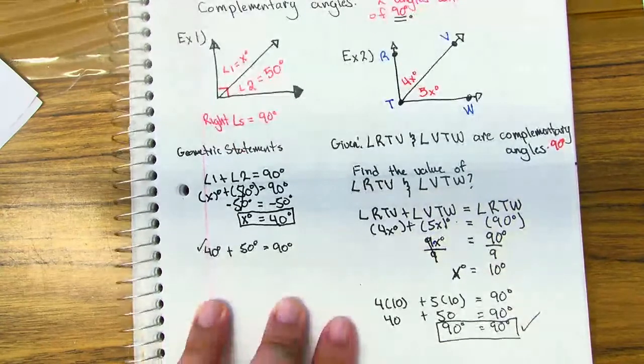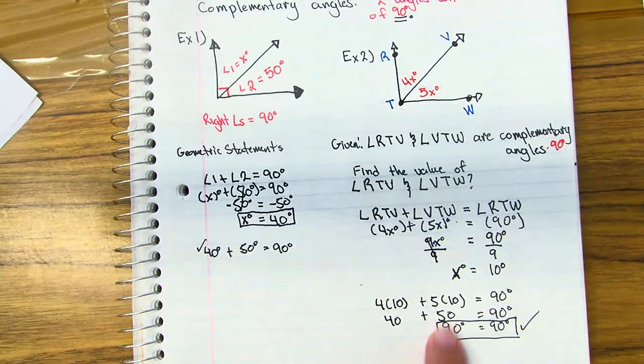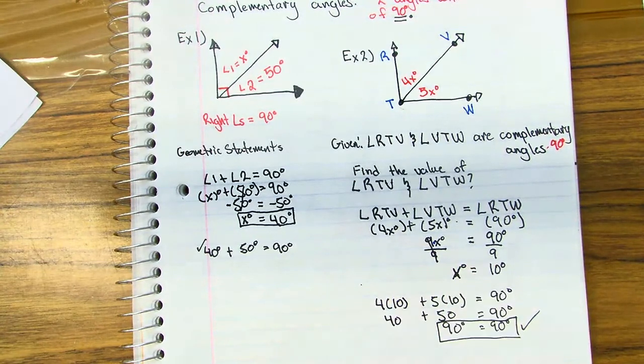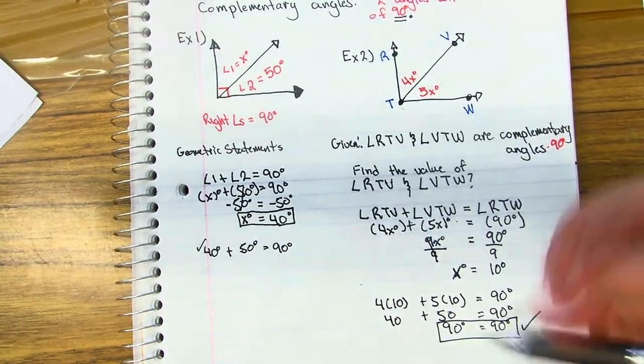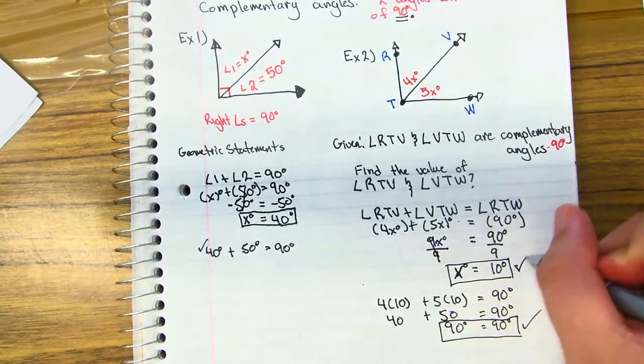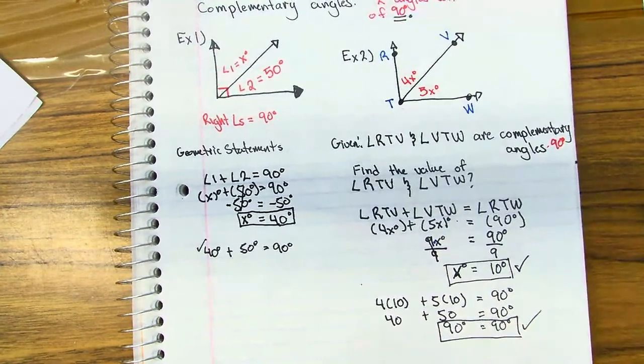Oops, let me fix that. 4 times 10 is 40. 5 times 10 is 50. Add 40 plus 50 will equal 90. And if the equation balances out, then you know that x equals 10 degrees. That's when you know that you are done with the assignment. Okay? Or you have shown proofing. Okay, that's complementary angles. Now we're going to